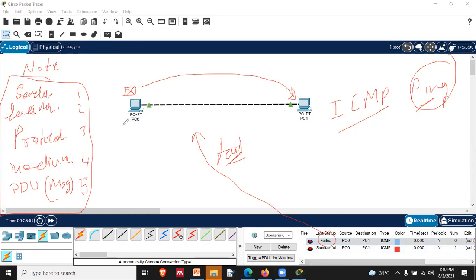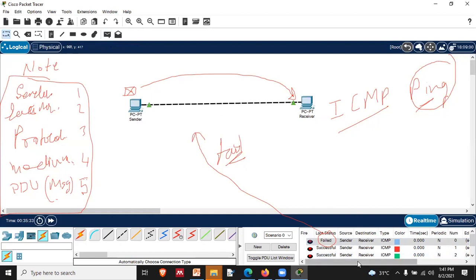So we have added all these things. This is your sender. This one is your receiver, right? This is your medium. We have defined the protocol inside these computers, and then we need a PDU, that is the message. Every time we send a packet, it is successfully received, right? Means that now this connection is ready to use. There is no such problem, and now it is running successfully.